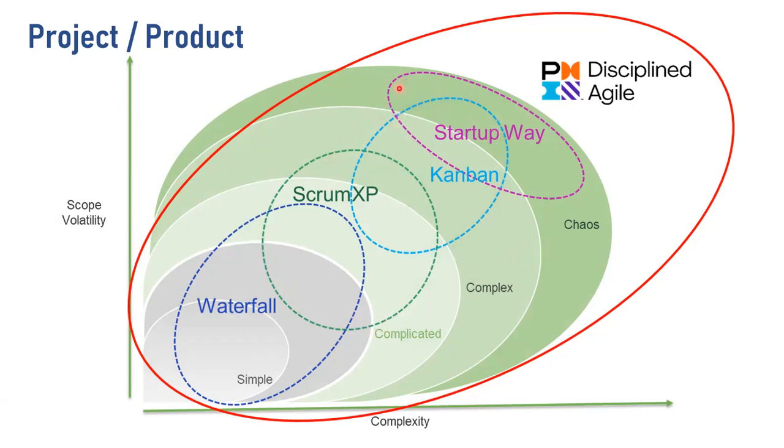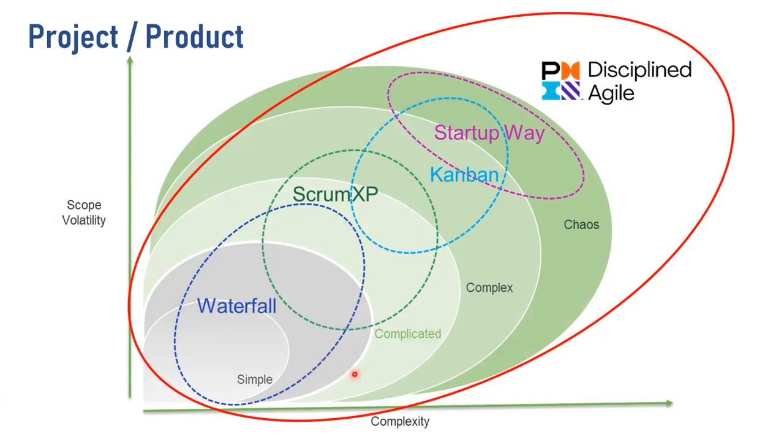So for instance, if you're going to use Lean Startup, the choices that Lean Startup made for you are far more appropriate to a context that is complex and even slightly chaotic than it would be for a simple solution where traditional sequential waterfall, if it's something not too complicated from a technology perspective, something that you understand the scope well, something that you've done repeatedly in your organization, why would you even want to impose an agile change tax on that? Keep doing that. And DA recognizes sequential waterfall ways of working as every bit as legitimate as any agile choices.